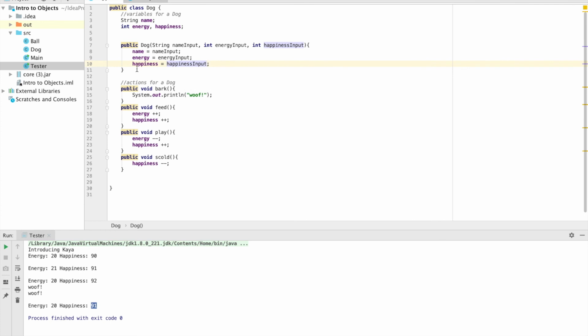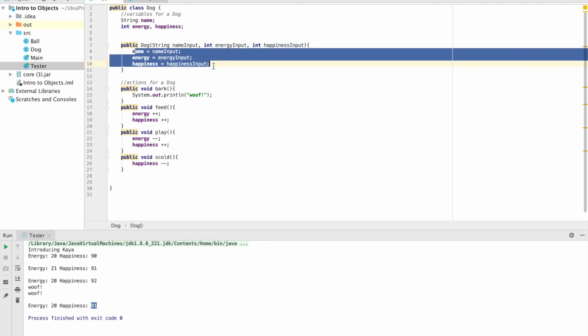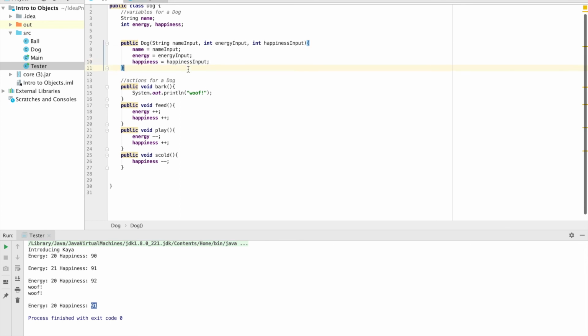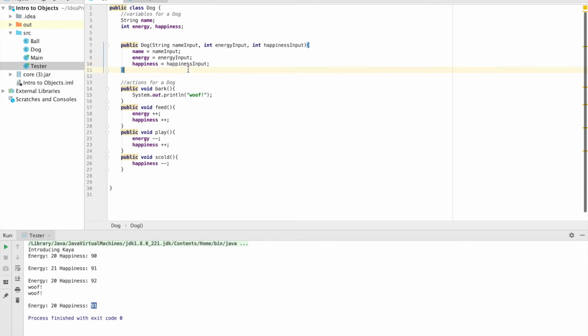Both methods are fine in order to set the values of these variables inside of the constructor. You will often see me using the this dot method or version. Method's a confusing word to use there, sorry. The this dot version will be my preferred version, but you are welcome to use either one. And